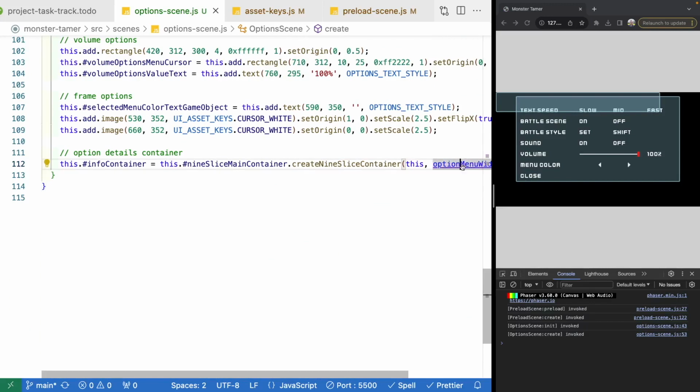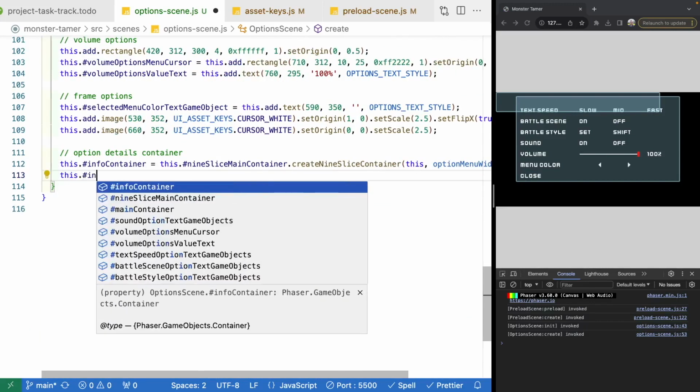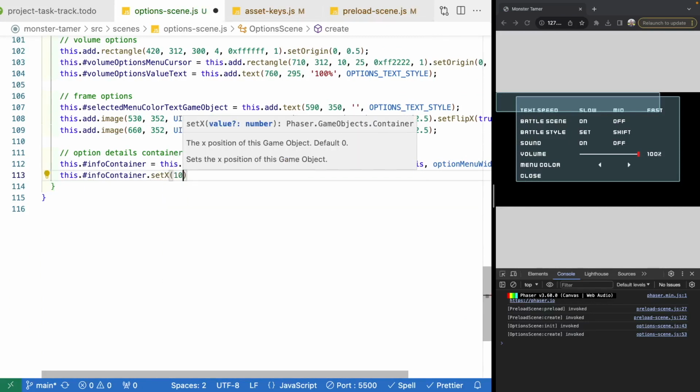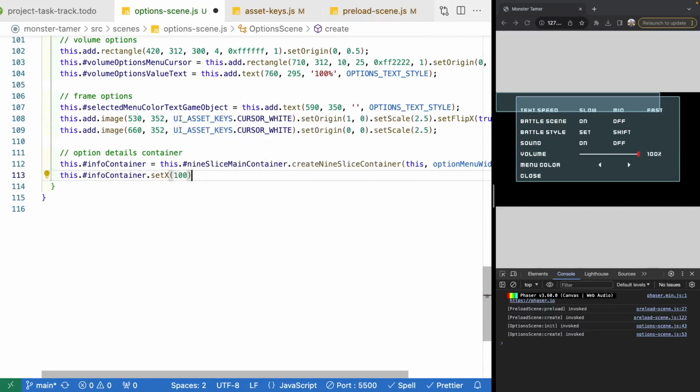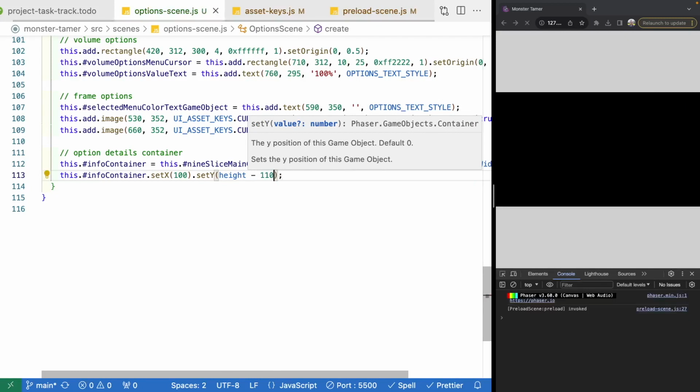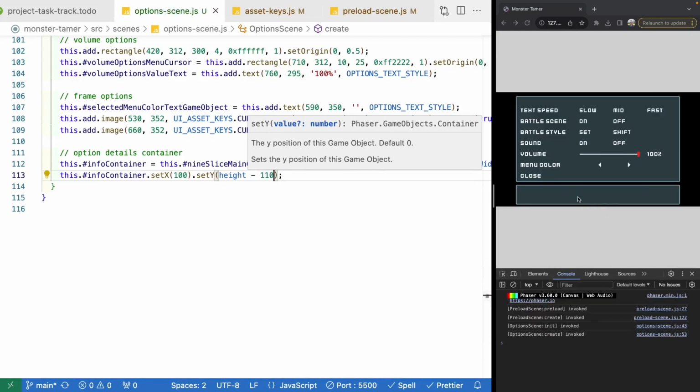update its position. So what we'll do is we'll do our info container, we'll call set X, and so for our X, we'll do 100, so it's aligned with our other one. And then for our Y, what we want to go ahead and do is we want to take our overall height of our scene and subtract 110. That way we have a little bit of padding between the bottom and this container and between our main container